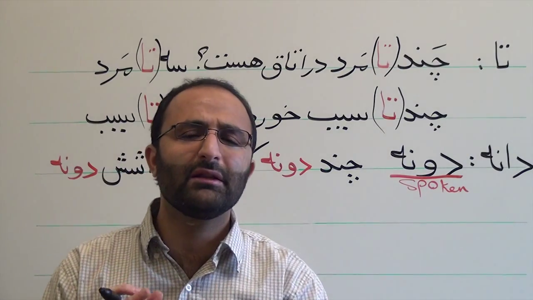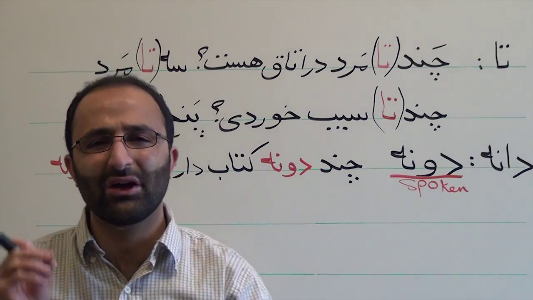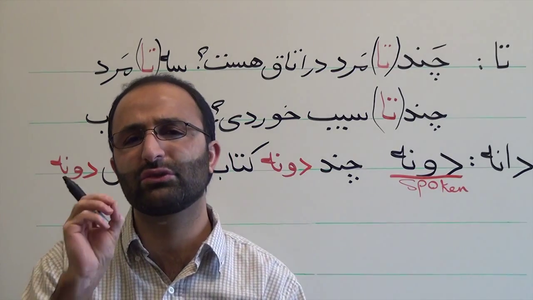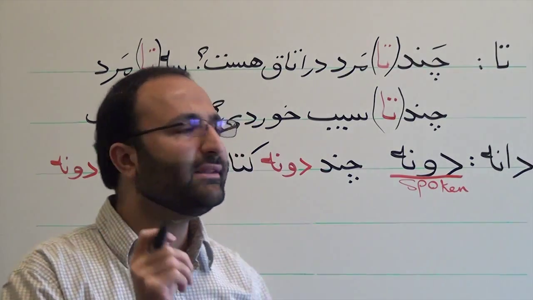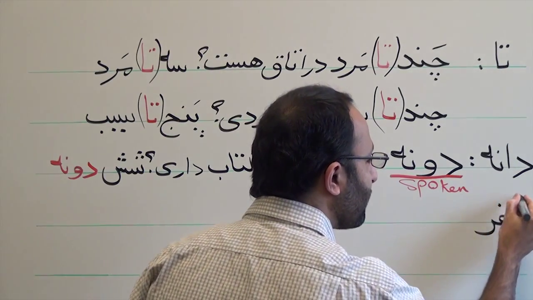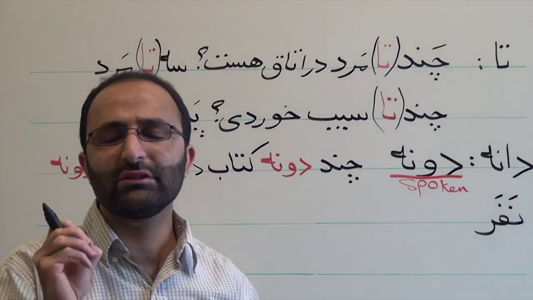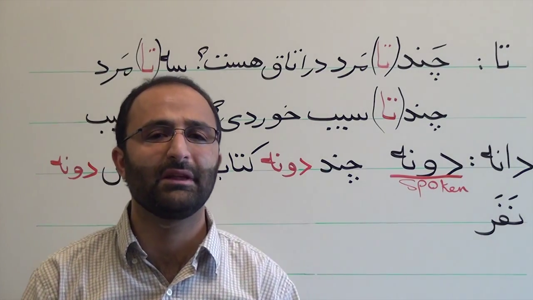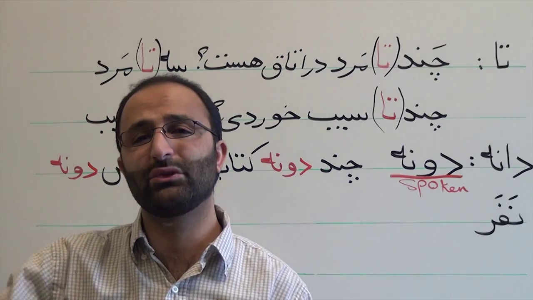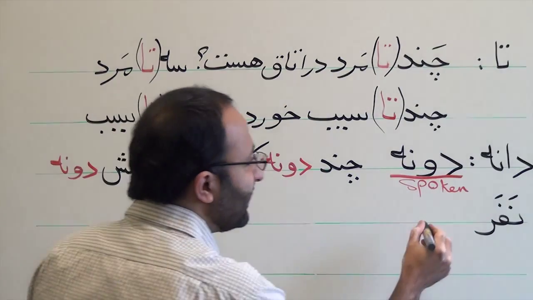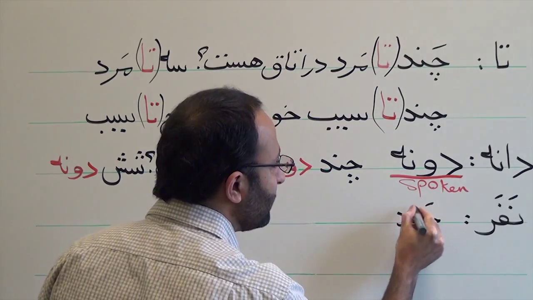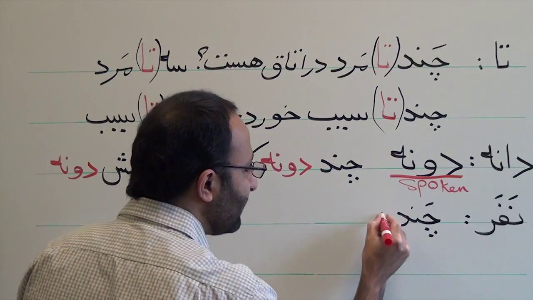But there are some other counting words that are more specific. Now I will talk about just two of them. One is nafar. That is just used for human beings. So for example, you want to ask how many people are in that room. You ask چند نفر